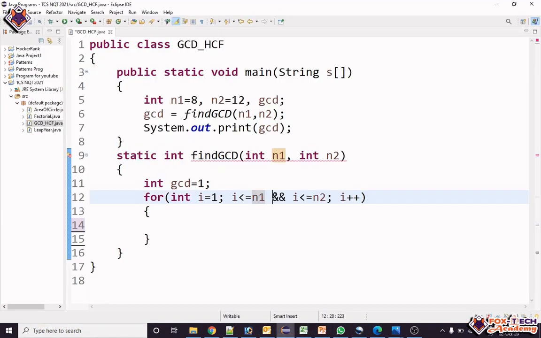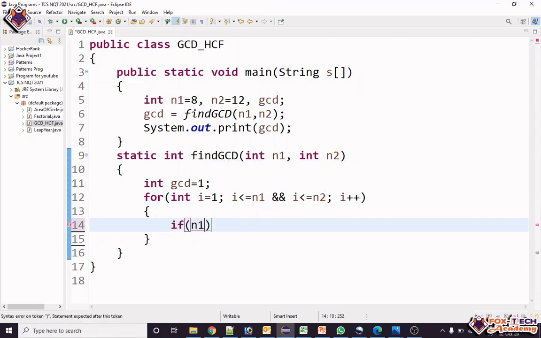With the logical and operator, if any one of the conditions has a false value, the whole condition will be false. So after 8, from 9 onward, it will be false, so the loop will run only from 1 to 8. Now what we will do is check if n1 % i is equal to 0, and